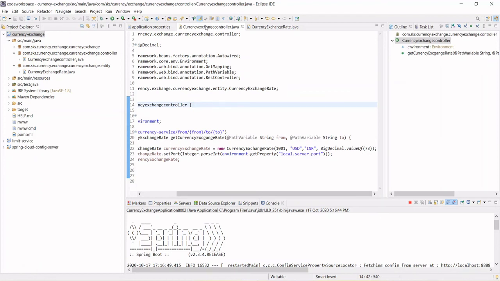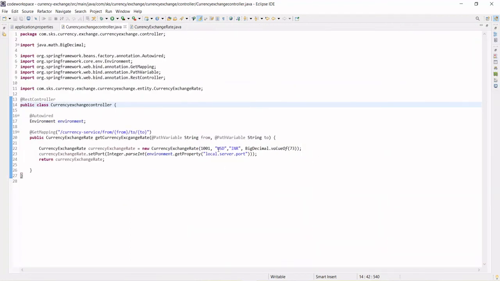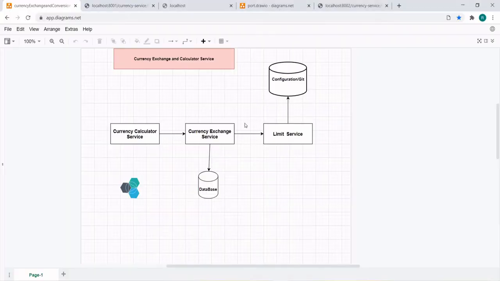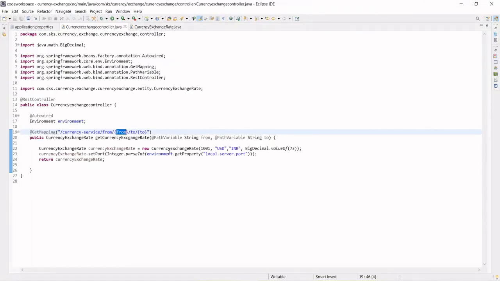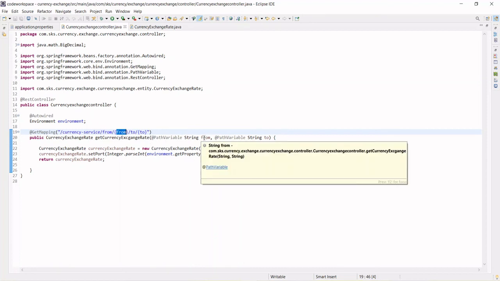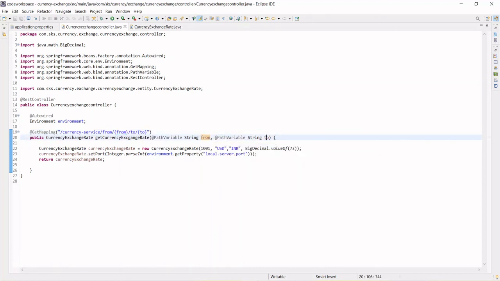One more thing we can enhance. Instead of passing USD here, whatever is coming from the source system, you are passing USD and INR, right? You have mapped these in the class, so USD is coming in the from variable and INR is coming in the to variable.